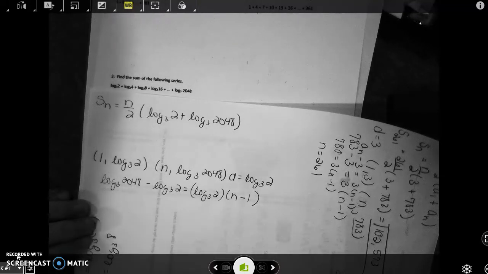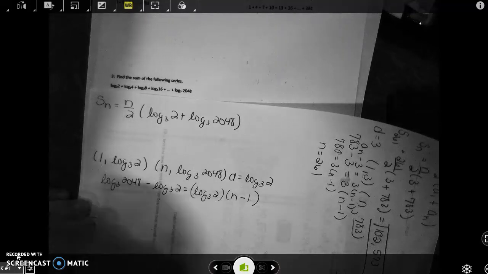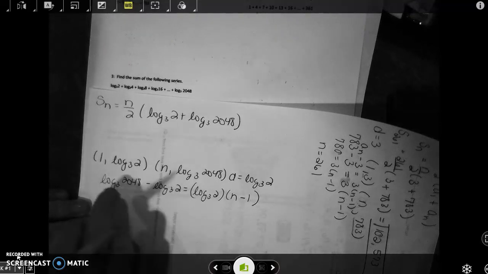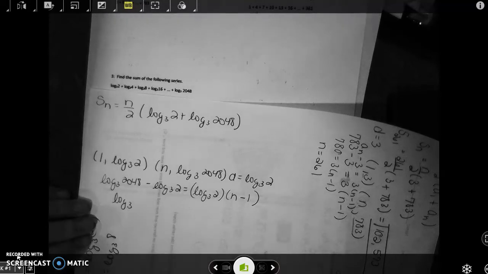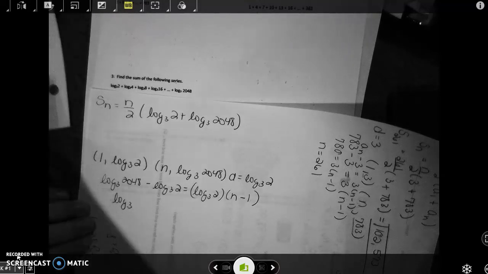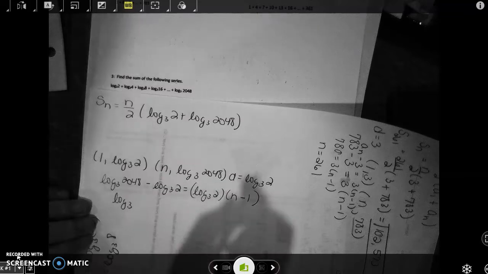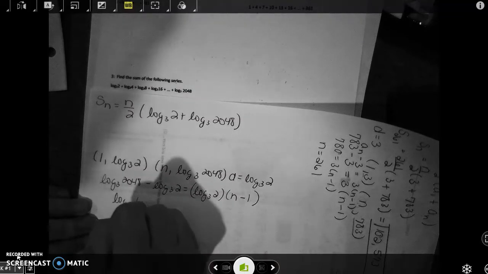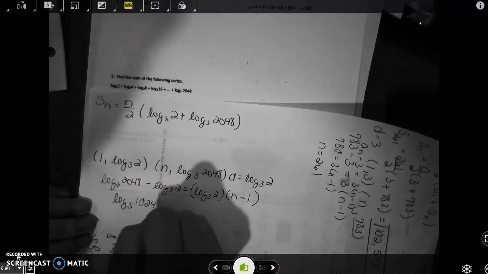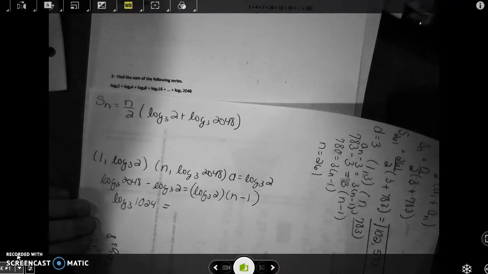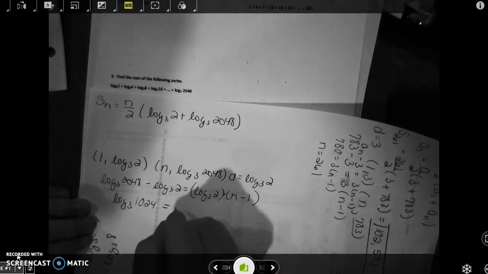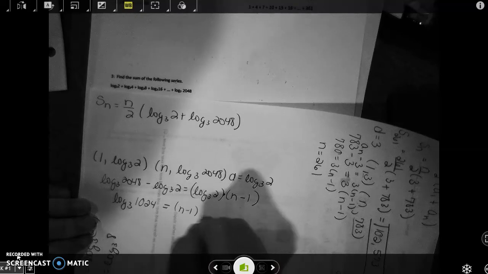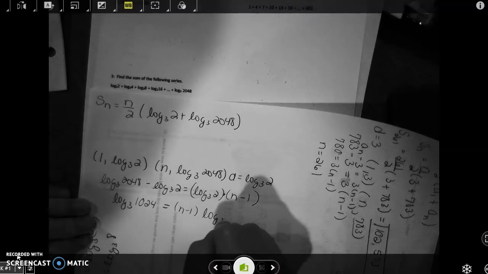Now, do you guys remember your rule for division or for subtraction of two logs? You can write that as division of a single log. So I can write this as log base 3 of 2048 divided by 2. So let's see, that gives us what? 1024 equals. Now, do you remember the other properties of logs? Here we're multiplying, so it might help you if you write this as n minus 1 times log base 3 of